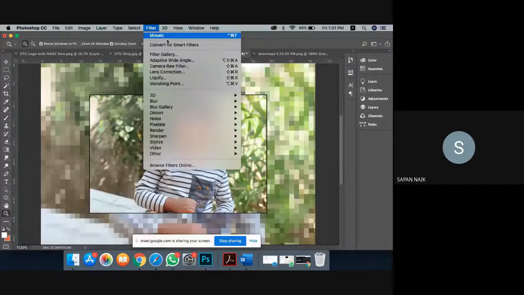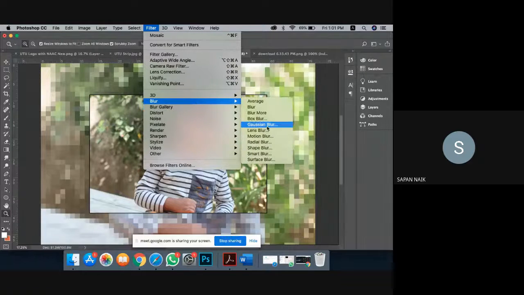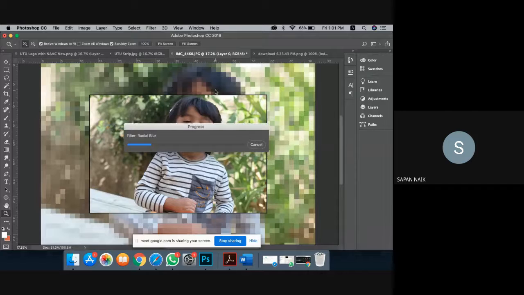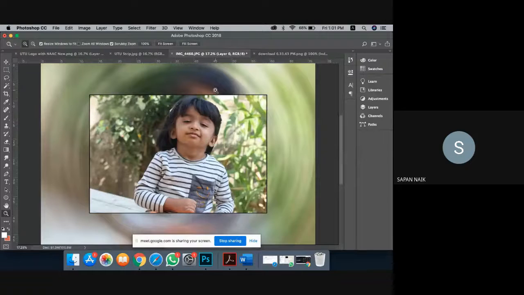Now go to Filter, go to Blur, and give the radial blur. What it will do is make your image a nice radial look. So let's wait. Yeah, so now this is my new background.